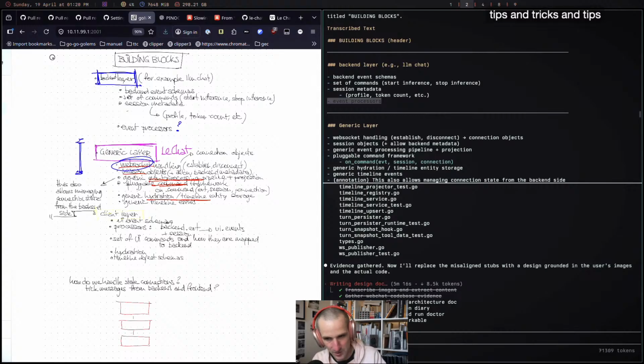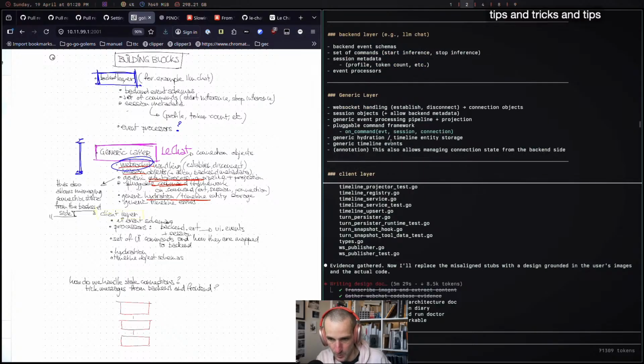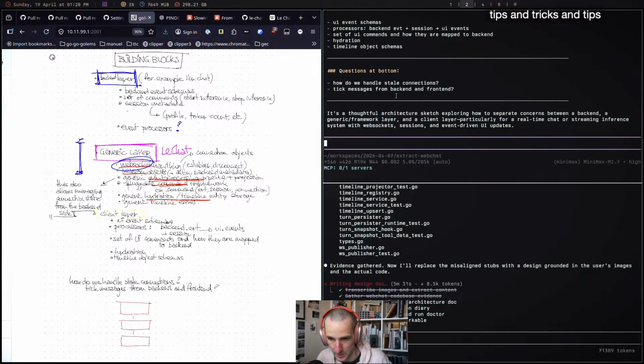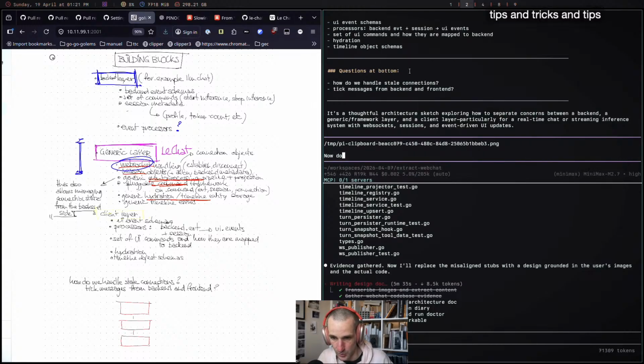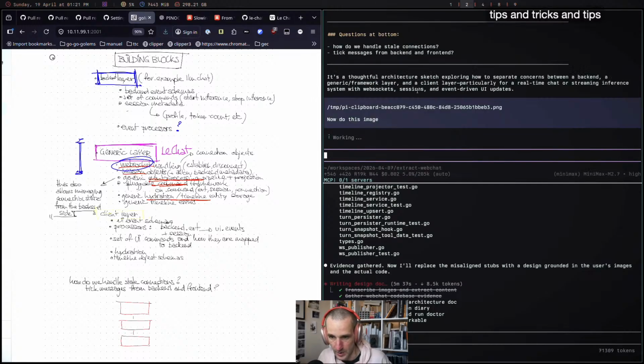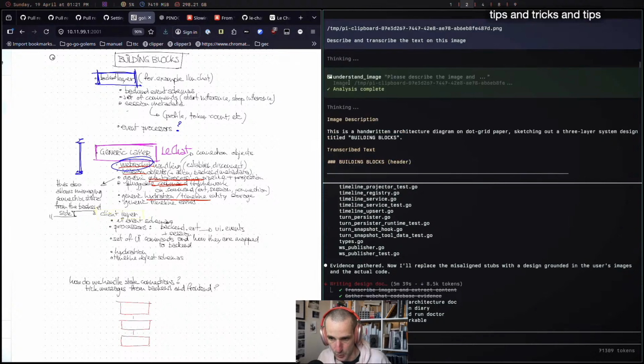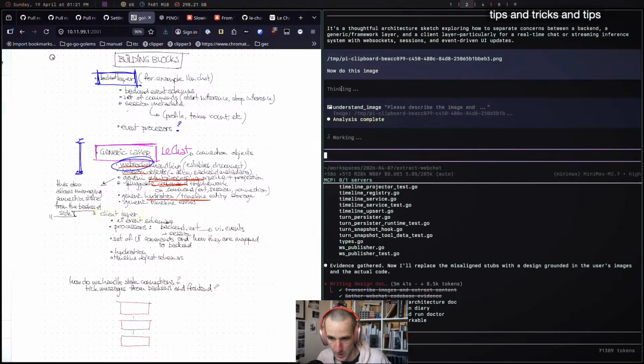I'm just saying, based on the words that you returned, I think you didn't see the images at all, because none of the words you're using are in the original text. But now, see, it says WebSocket. All of these words that I used are now in here, which is awesome, because it means I now know it's primed on the tool call, understand image. I'm going to do this for the second image, and it's going to do it.